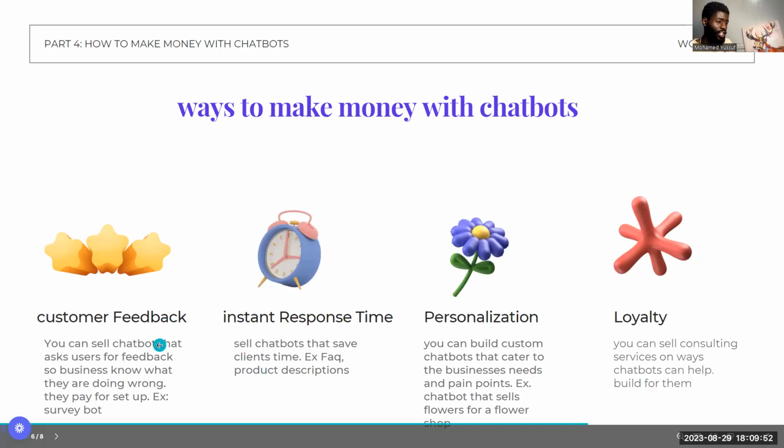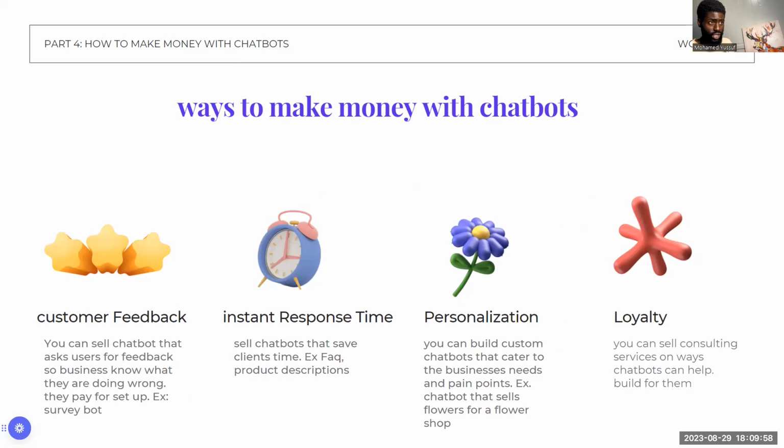Customer feedback, kind of like I said, you go to a company or agency, you say, hey, I can help you understand your clients better than you currently understand them. Your clients are doing a lot of things, they have behaviors, they have opinions that you don't fully understand. By implementing an AI chatbot, you can understand these trends, these opinions, these preferences that they have. And you can build a chatbot and make money by literally building a feedback one, where at